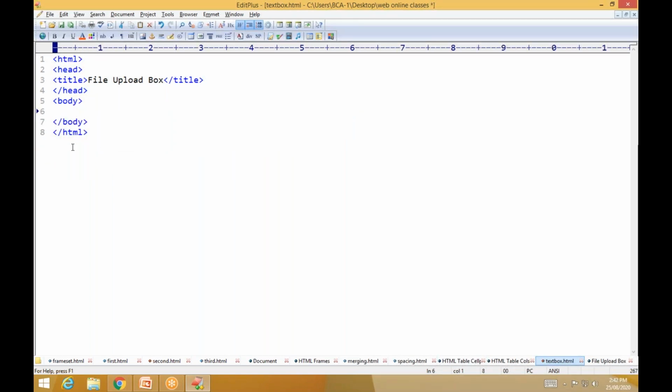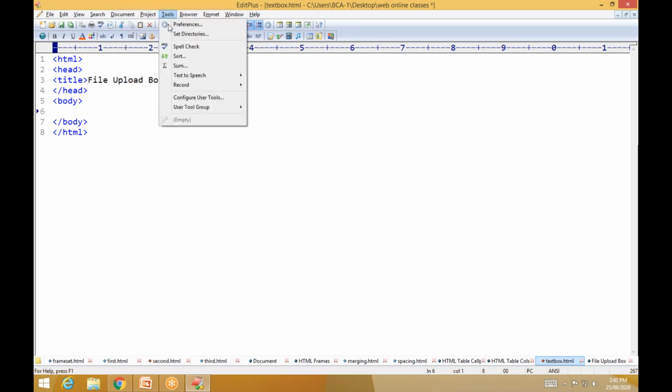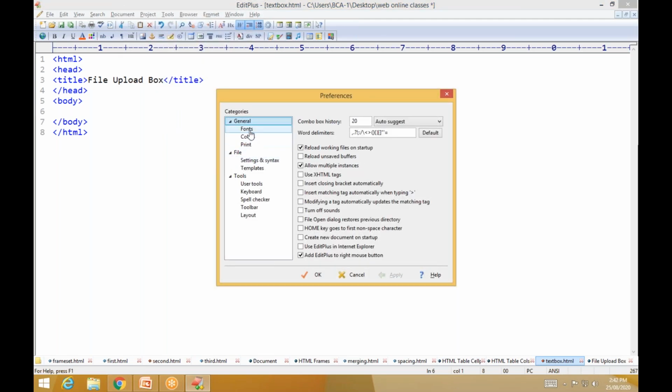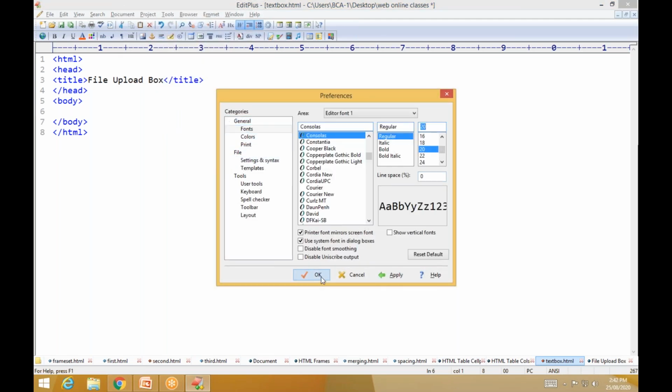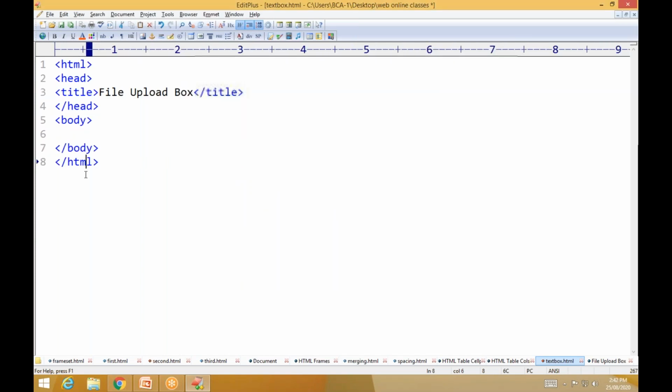So here, see here, wait a minute. Okay, see here what I did. This is a title box, the title bar of your document. This is a title. What is that? Frameset, or you can use frames. Okay, this is a frame.